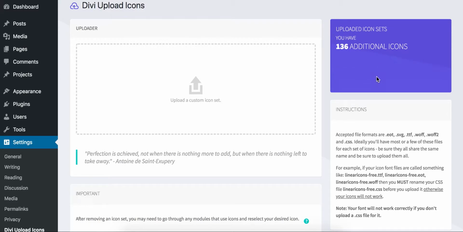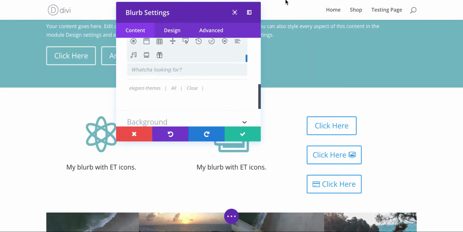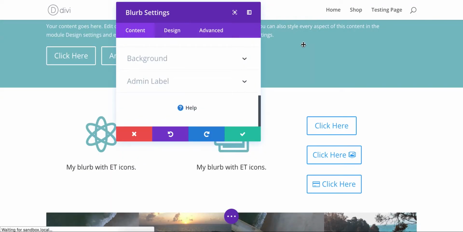And you'll see that that icon has gone away now on there. So now we're ready to go. We have 136 additional icons we can use in the Divi builder or the visual builder. So if I come back over here and I refresh my page,